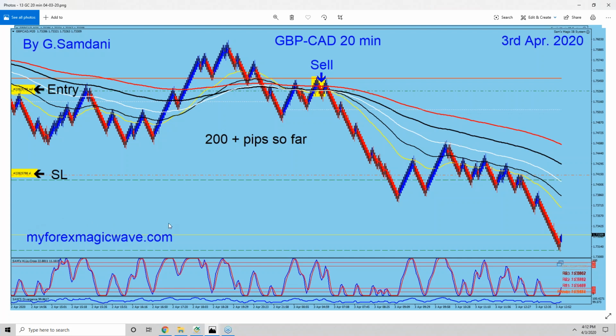WH means weekly high, WL is weekly low, MH means monthly high, and ML monthly low. Those are the very, very important numbers that you take from the monthly charts. Open the monthly charts and the templates that I gave you, apply the templates, and then take those numbers and put them on your 20-minute and 40-minute chart. You will know exactly what the heck is happening.